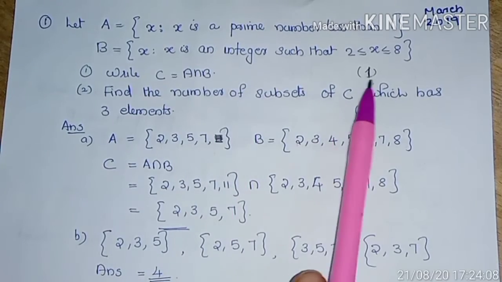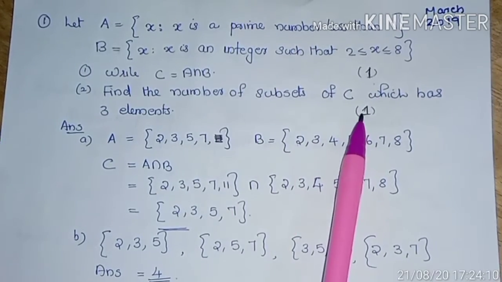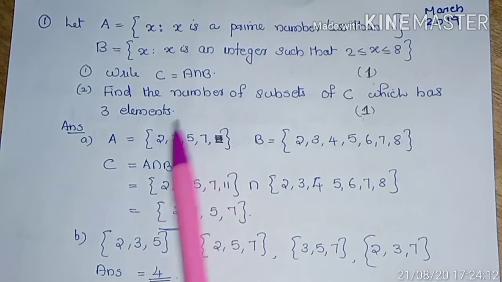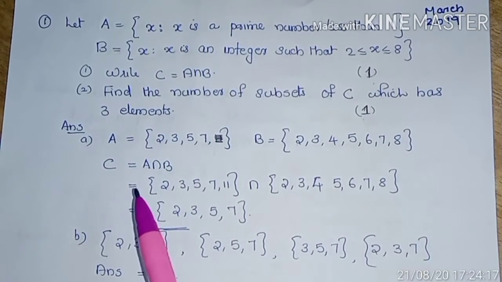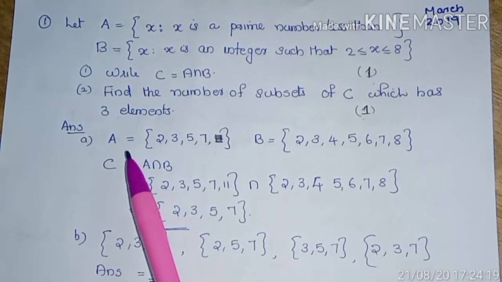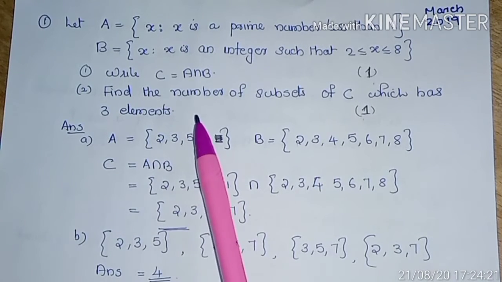First question carries 1 mark, second question is also 1 mark. So this is a 2 mark question. March 2019. Okay. Answer. Let A be the set of all x such that x is a prime number